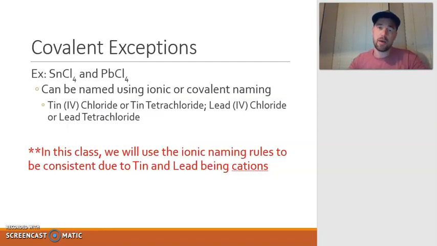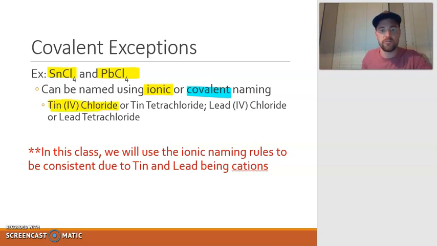Now, the fun thing about covalent compounds is there's a lot of exceptions. So let's take a look at some of those exceptions. First of all, compounds that contain tin and lead. You will see commonly these compounds can actually be named using either ionic or covalent naming. If you name them ionically, you would name it with the metal, followed by the Roman numeral with the charge, and then